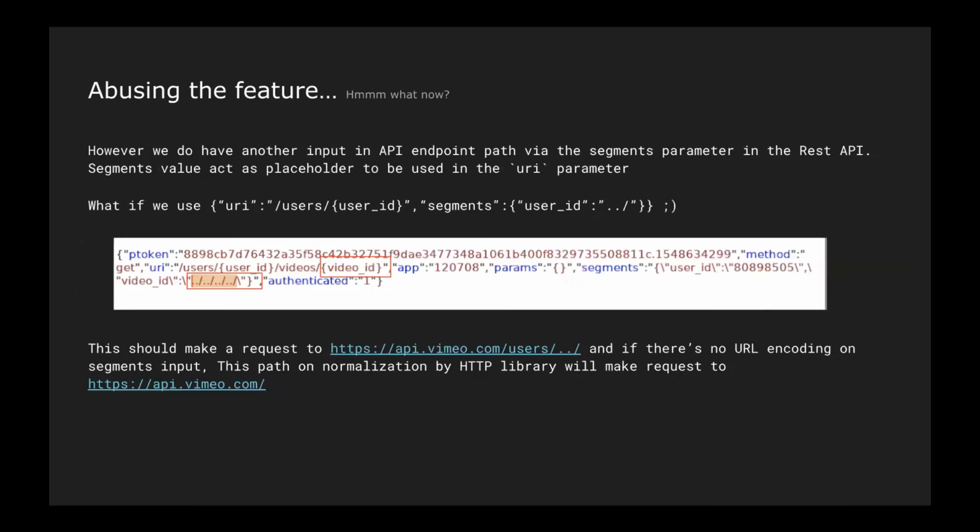Like I told you, we have another input in here, that is user ID or video ID. Whatever we define here will actually be passed using the segments key. We define its value here in the segments. So it is acting as a